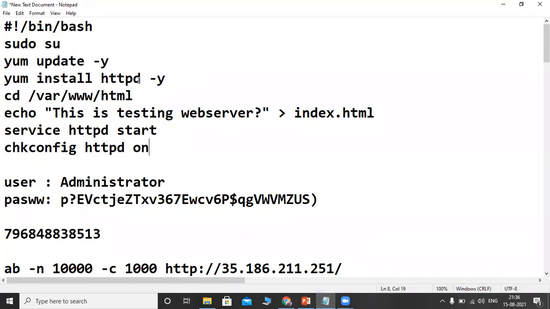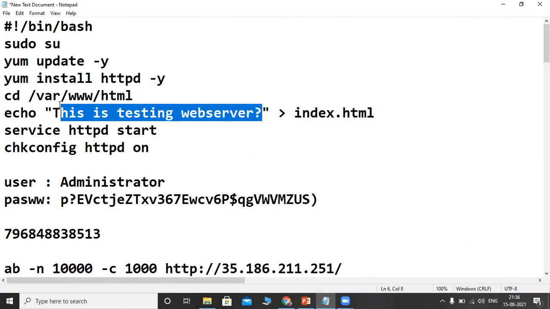Inside this, I'm updating my repository, yum repository, and then I'm installing web server HTTPD. This is the web server. In this web server, I'm going to this particular location, www html, and I'm creating one simple HTML file, index.html, that contains, this is a testing web server. And that HTTP web server should be started.